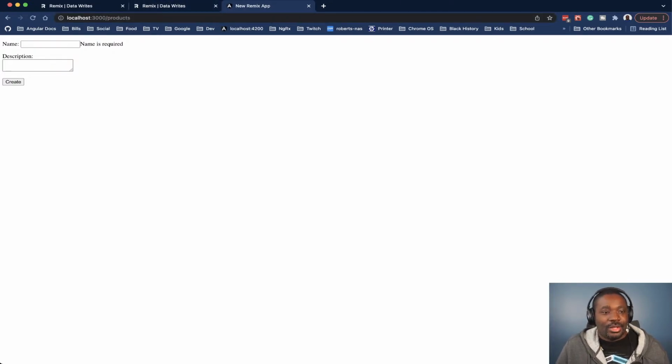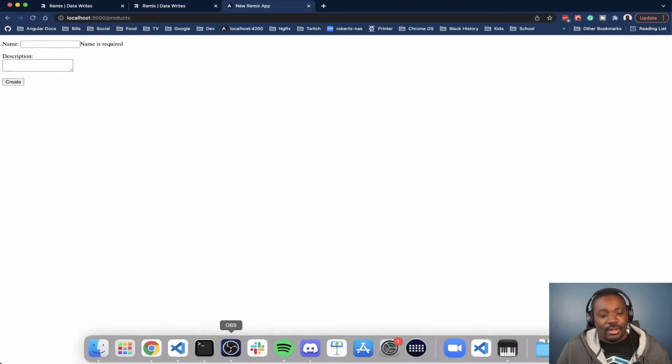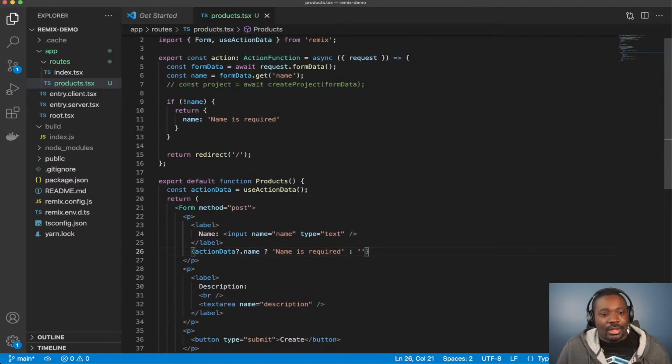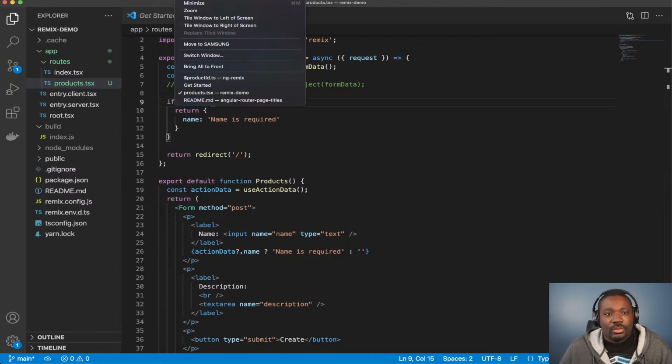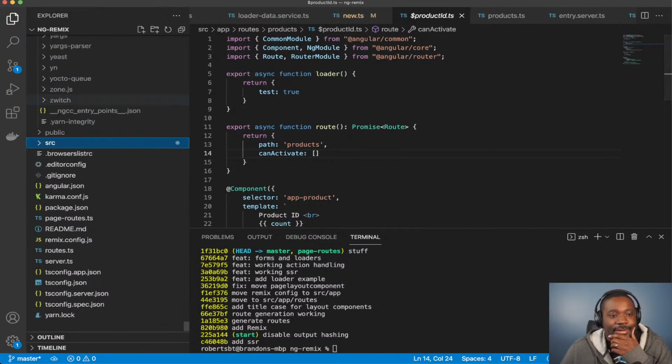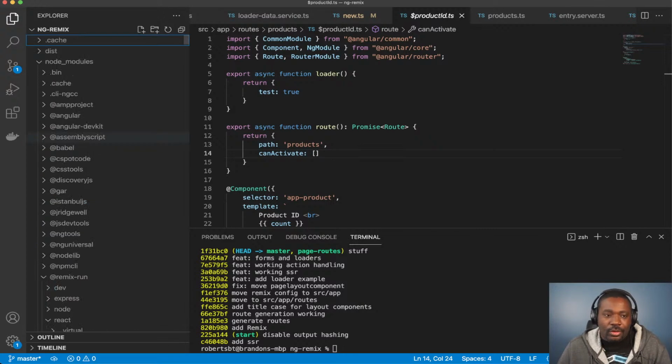Let's close that. So you can see how that works there, and see how that loop works. So I will switch over to my ng remix here, and to give a little context on this one,